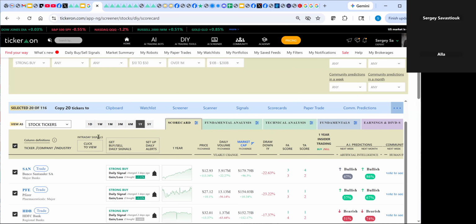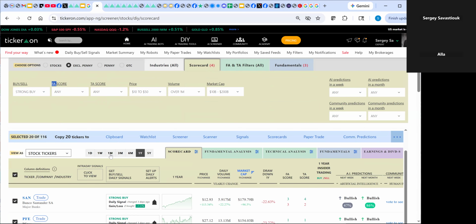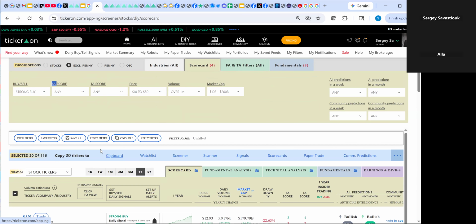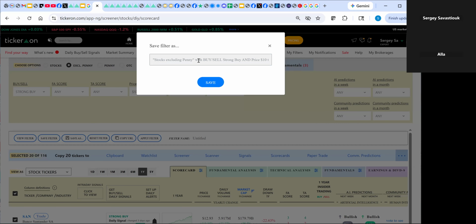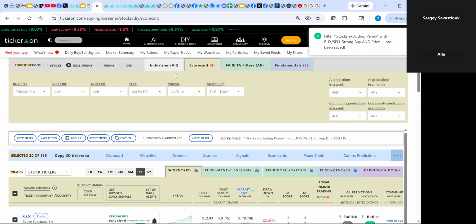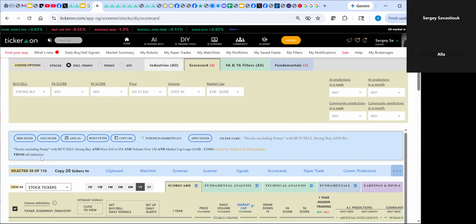What else? Okay, now you understand how to create a filter, and now you can actually save the filter. So what you can do, you can save as. Okay, so you see it gives you a name. You can save. Now I have that saved in my watch list. Okay, with the name and everything. Okay, and let's say view filter. This is your feature, and it's recorded